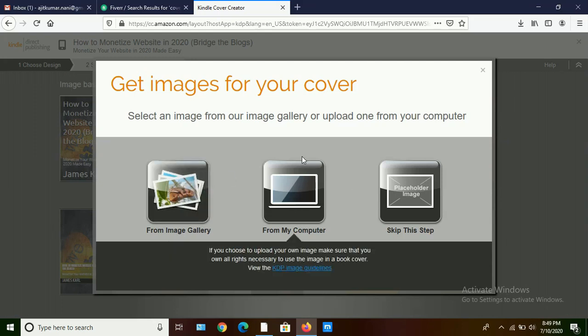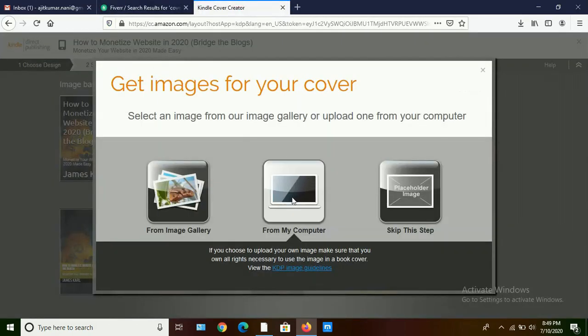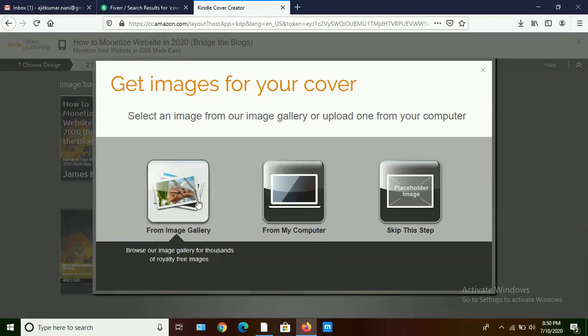Otherwise, if you buy from Fiverr, then they will send a PDF format or different type of formats to upload that cover. Then you can go from my computer and then you can upload to the book. So now I will show you the way which is free of cost without a penny of rupee. Okay, so then click on from image gallery.